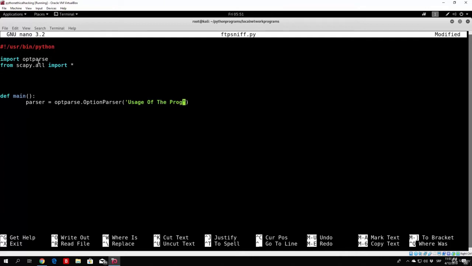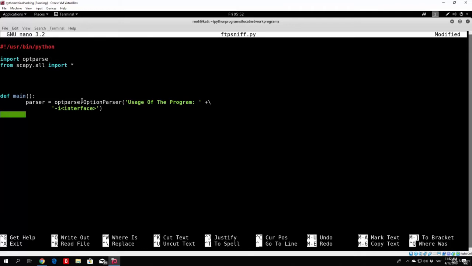So we close this, we can add in the new line, so backslash, we can use the backslash in order to specify the rest of the code on the new line, and all we have to add is another single quotes, and there we can specify the -i option to be the option for the actual interface. So we'll specify it like this, interface, and close it like this. So these will be the options that are going to be printed out to the user once they need to run the program. And all we need to do right now is actually add those options,